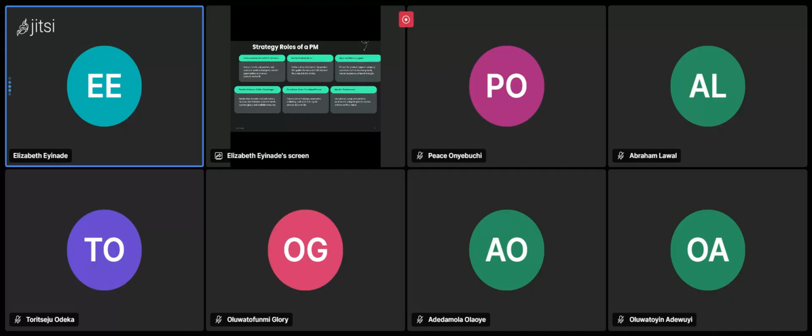Then when you align these things, you now prioritize the features and you build your product roadmap. So you want to build a fashion business. You want to build a fashion application. You already know who your target audience are. You already know what they want and the kind of problem you're trying to solve. Okay, what features do you need?